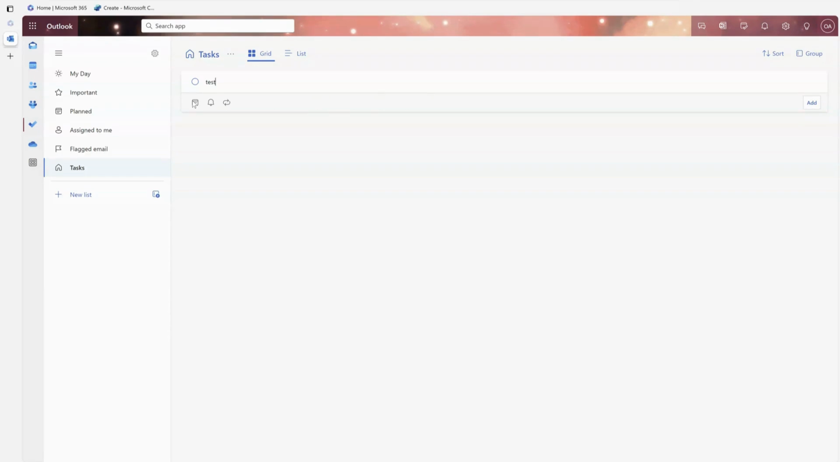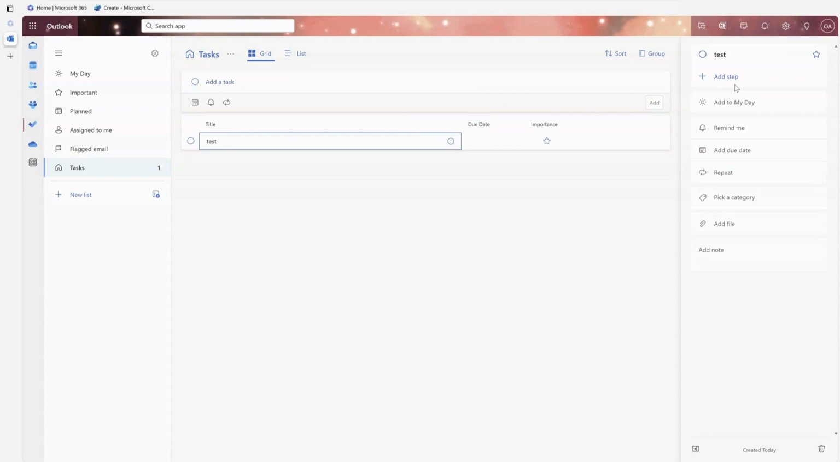But you see there's some things at the bottom too. I can add a due date right here, a remind me, and a repeat. Or if I click add, now there's my task. And if I click on it, now it adds those same elements over here in a pull-out window